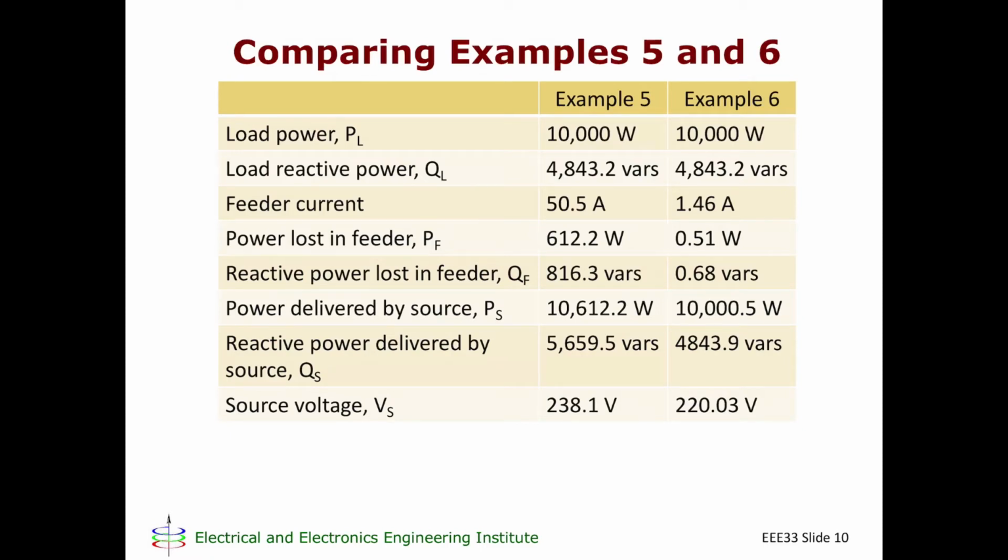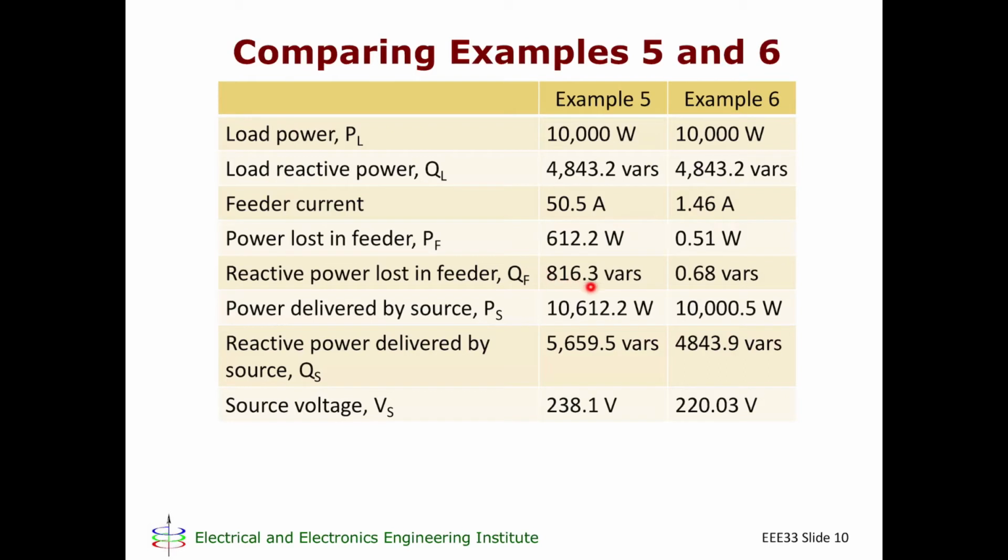In example 5, the feeder current was 50.5 amperes. But in example 6, because of the step-up transformer coming from the source, the feeder current ends up being only 1.46 amperes. So because of that,